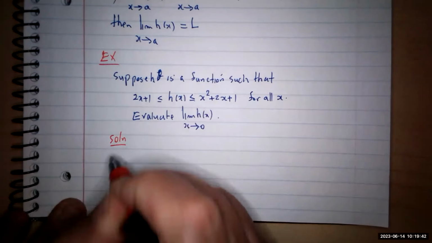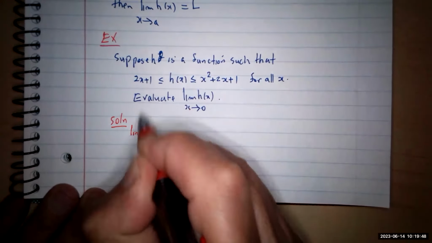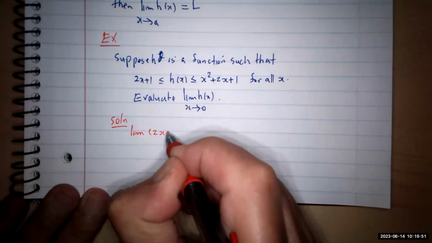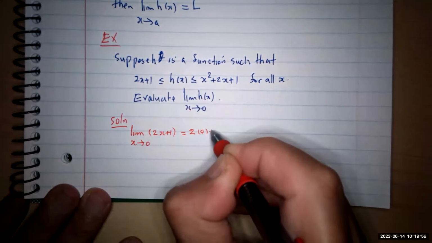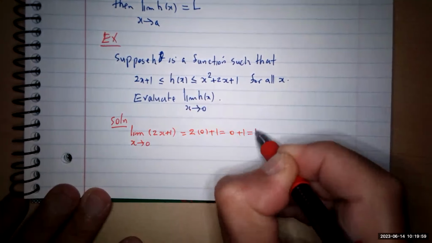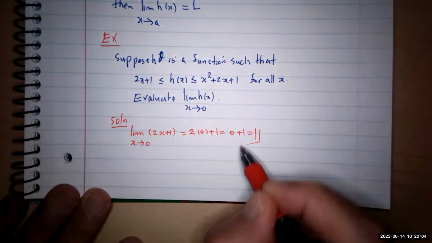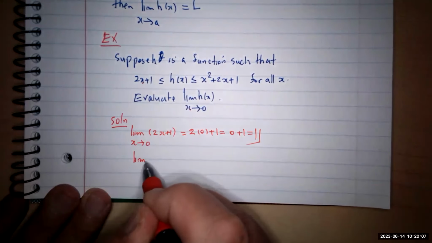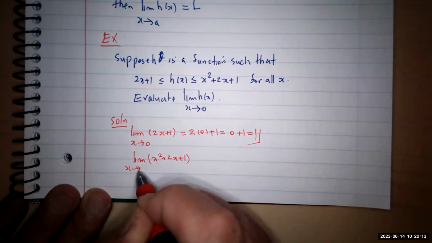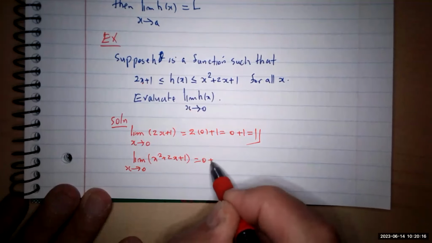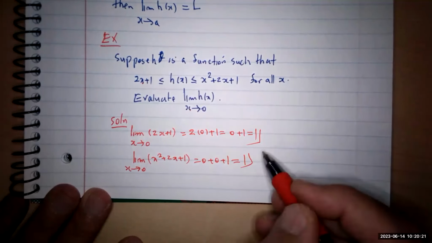You have to explain it nicely. So find the limit of the function on the right and the left. The limit of 2x plus 1 as x goes to 0, by direct substitution, is 2 times 0 plus 1, which is 0 plus 1, equal to 1. That's the function on the left. Do the same thing for the other side: the limit of x squared plus 2x plus 1 when x goes to 0 is again 0 plus 0 plus 1. So we get 1 and 1. So we can say that by the squeeze theorem,